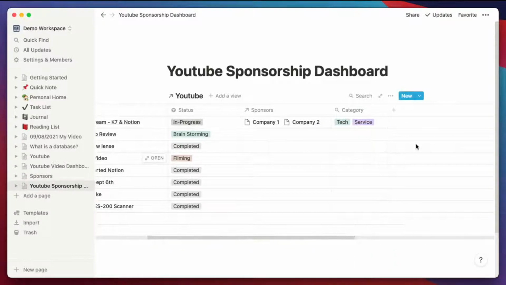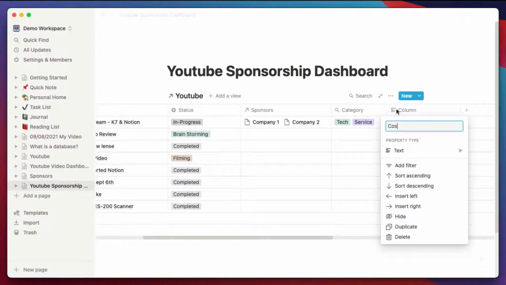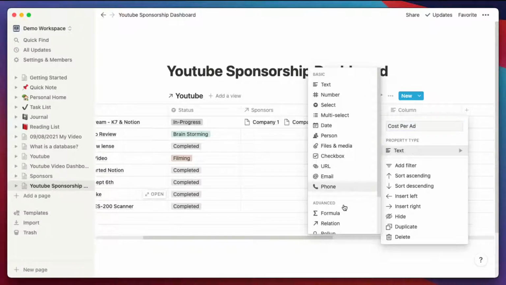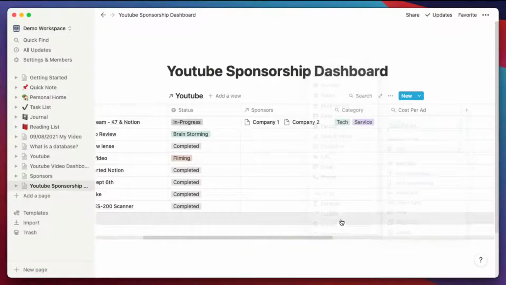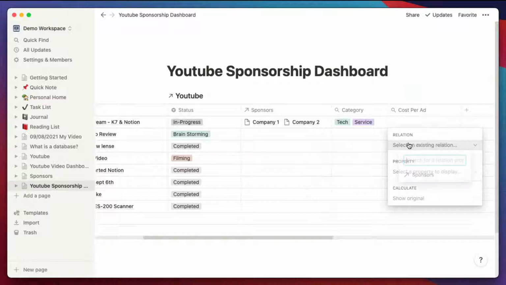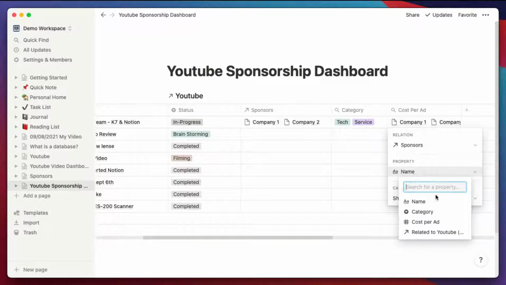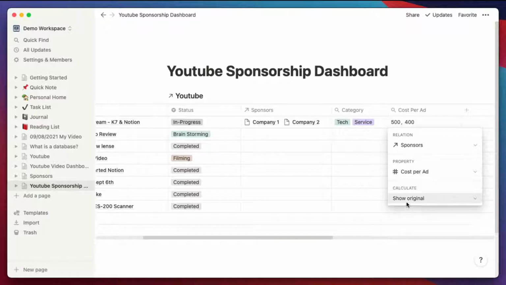But going back to the rollups here, let's go back to cost per ad. Let's use it as a rollup here. So I'm going to choose the relation, which is this column, which happens to be that particular table. Then I'm going to do cost per ad.